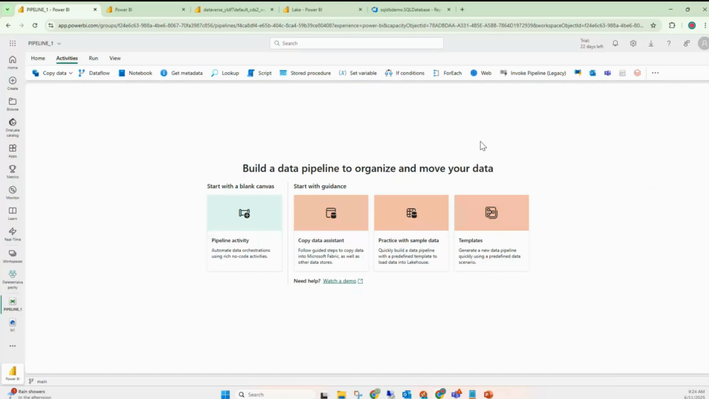So, any queries on the concept of what a data pipeline is? If no,